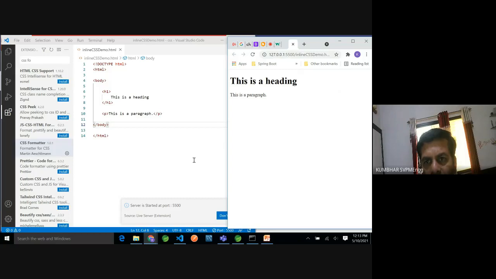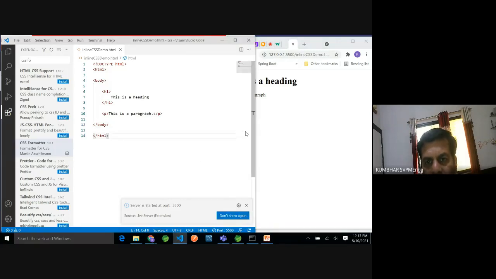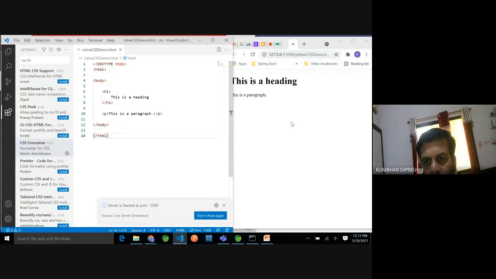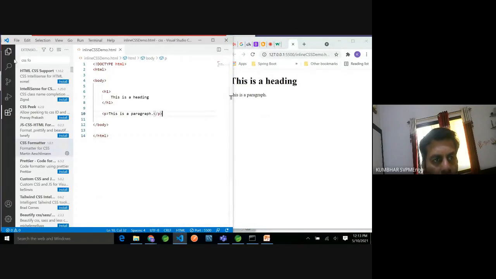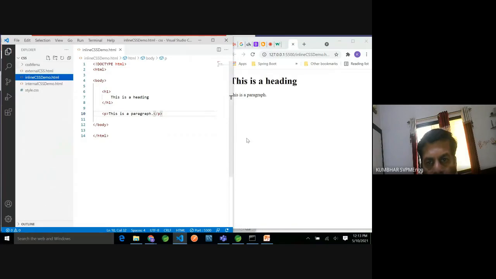So if you observe now in the browser, automatically see these are my two windows. One is the code window and this is the browser window. Let me minimize it.